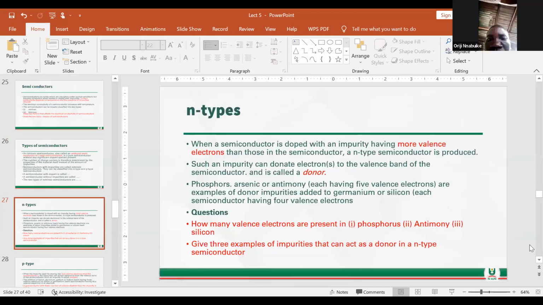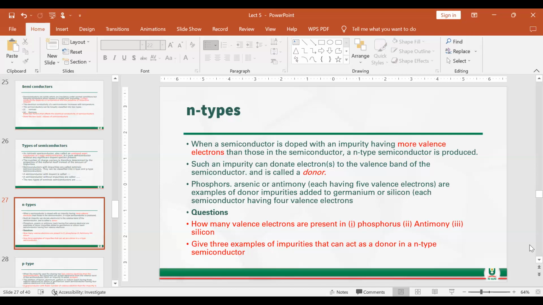So N-type: when a semiconductor is doped with an impurity having more valence electrons, the impurity you are now adding to the semiconductor has more valence electrons than those in the semiconductor, an N-type semiconductor is produced. Such an impurity can donate an electron to the valence band of the semiconductor and is called a donor. So phosphorus, arsenic, and antimony are examples of